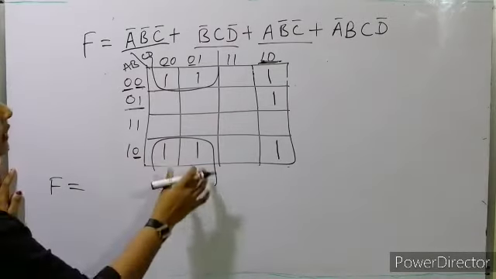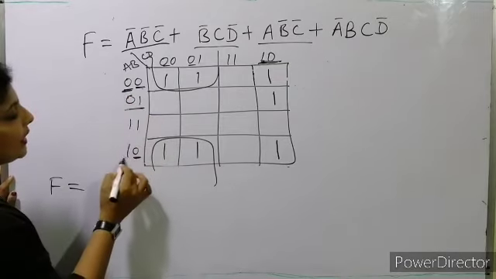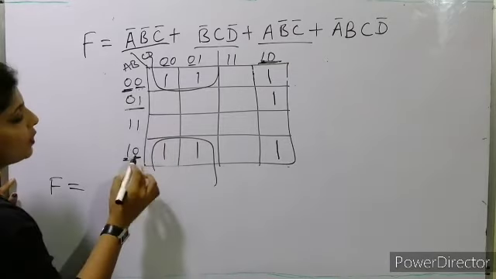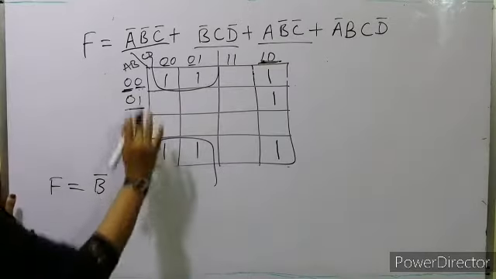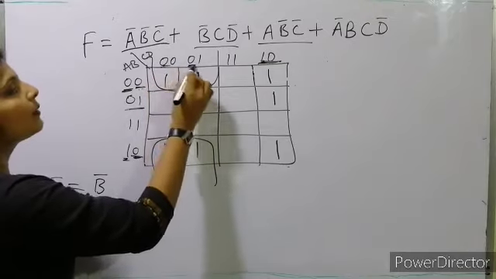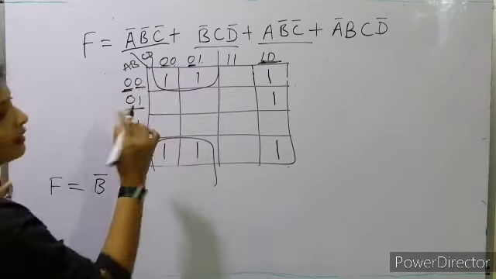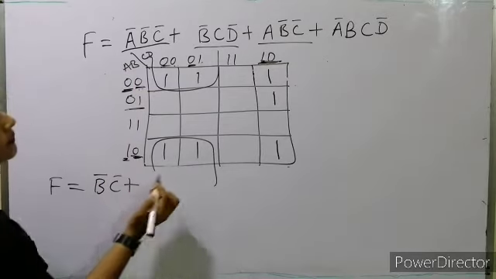So these four we have taken. So what will it be? a will not be there because it is 0 here and 1 here. Now b is common. Why? Because b, the complement of b, we will take in these two. Now what is common in these two? c bar, because d is 0 and 1 both, it's varying, so c is common, so c bar we will take, plus.